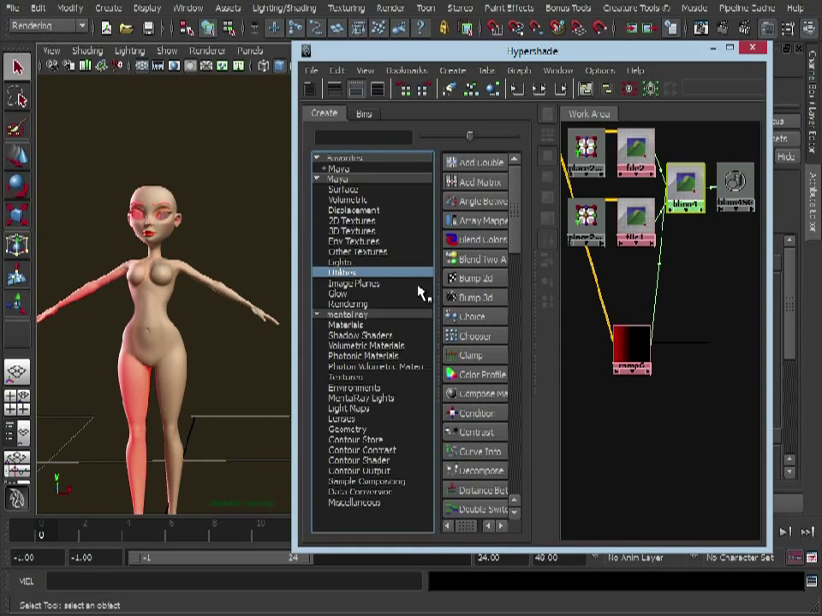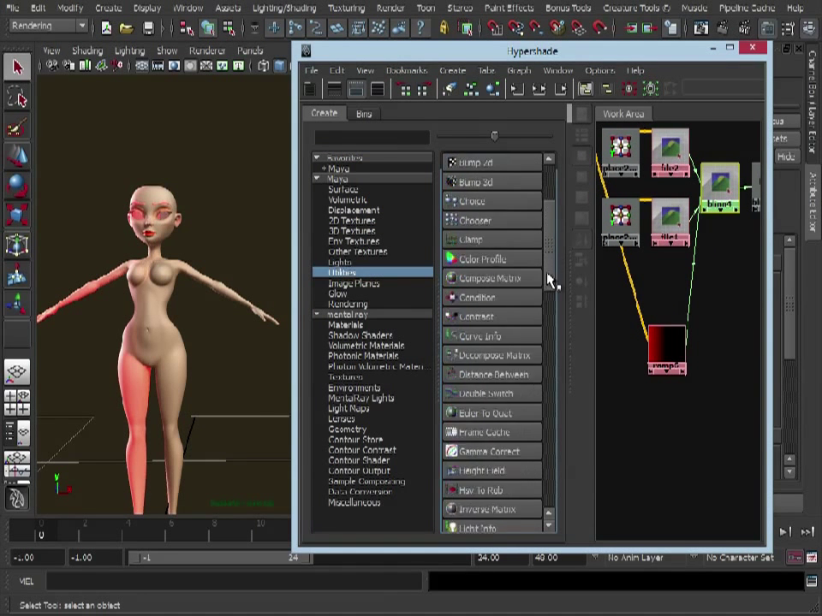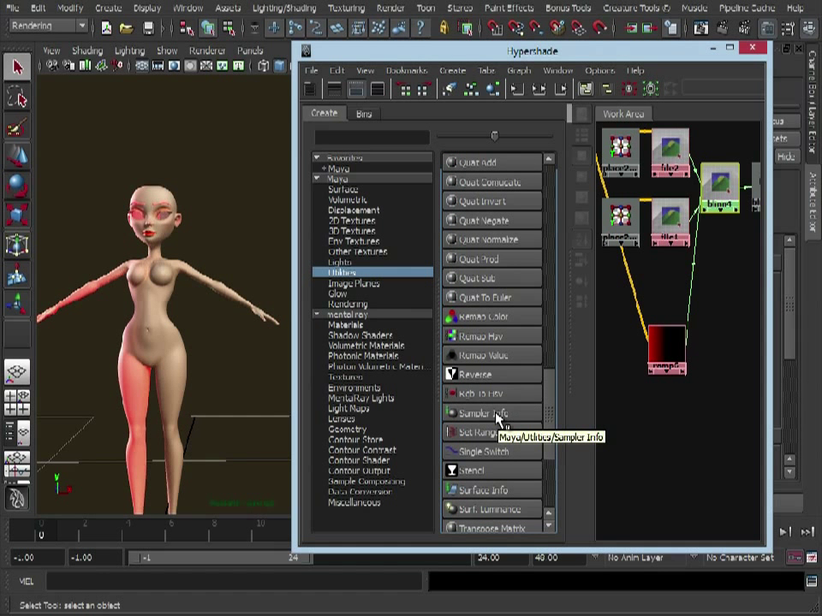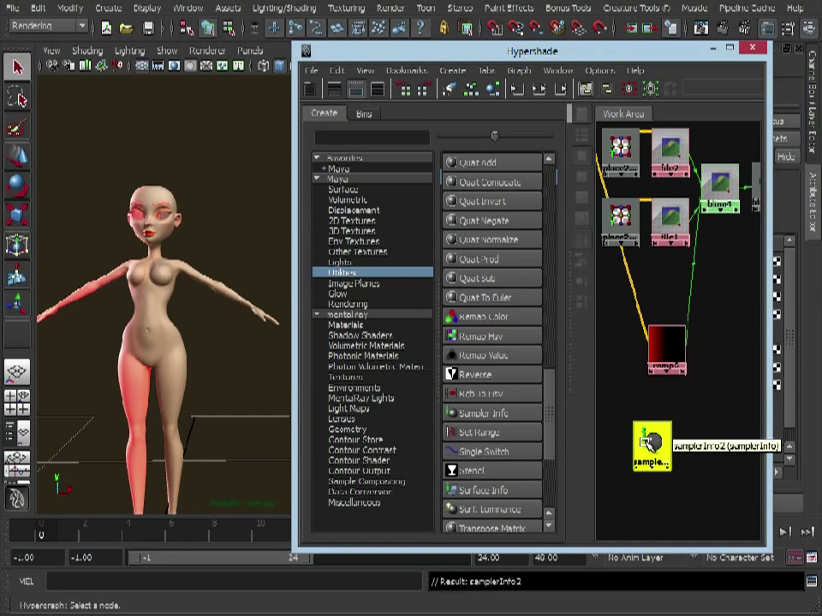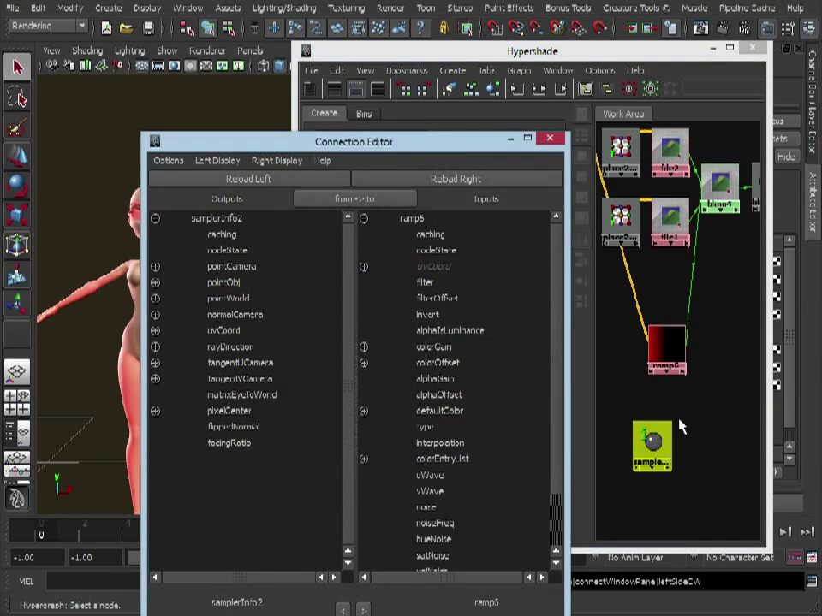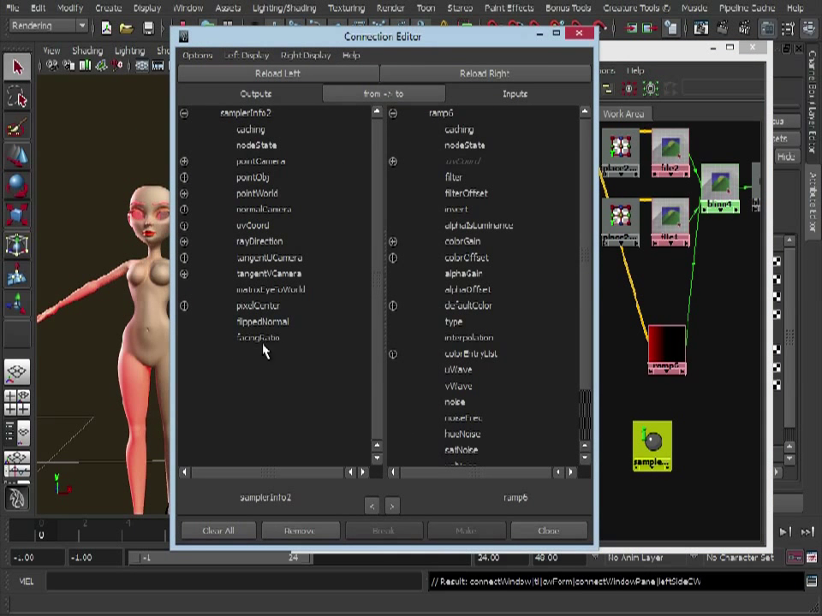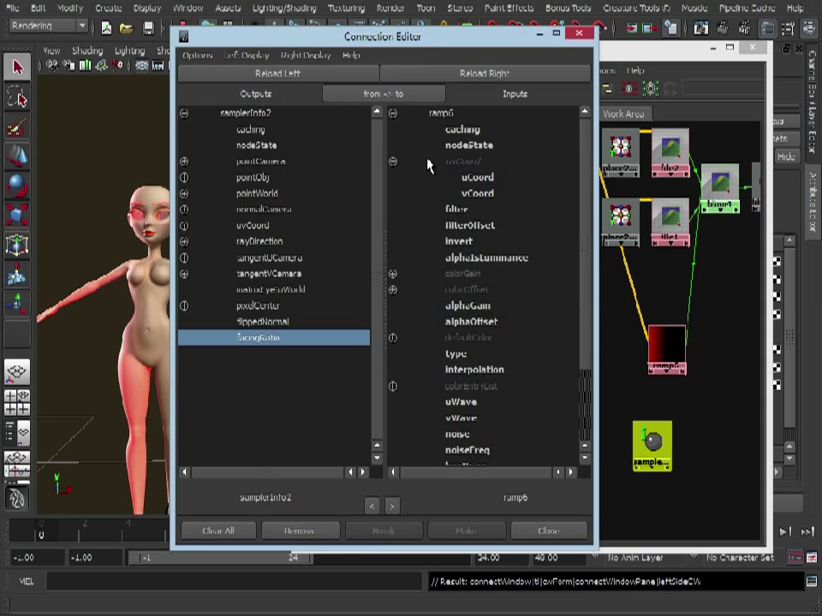So what we need to do is go to our utilities, scroll down to our sampler info node here. Move that down, and with our middle mouse button drag that over the ramp and go to other. What we're going to do is connect the facing ratio attribute here into our U coordinates here, and the facing ratio will basically tell us where the camera is looking, and depending on where the camera is pointing at, it will send back information on where the edge of the model is. So if we attach that to our U coordinates like so,